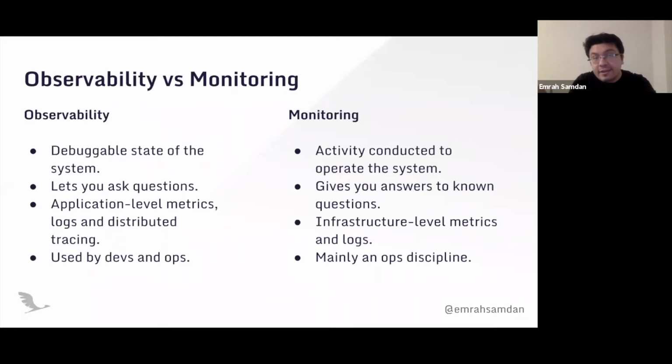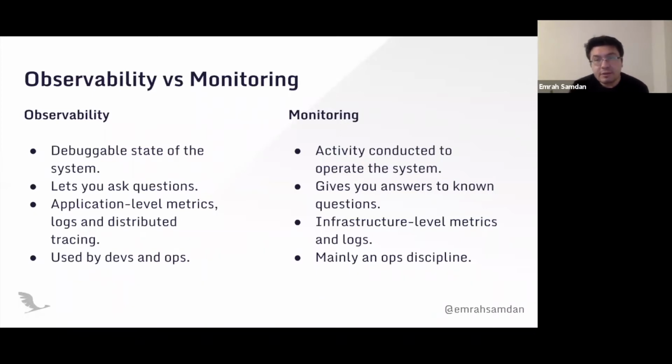As I say, observability is a state, while monitoring is an activity. You do monitoring, but your system becomes observable. This is the biggest and most important difference. You do some activities, as we will come to in a minute, like the three pillars of observability: you inject those, you gather those, you extract those, and you make your system debuggable. That means you are now an observable system.